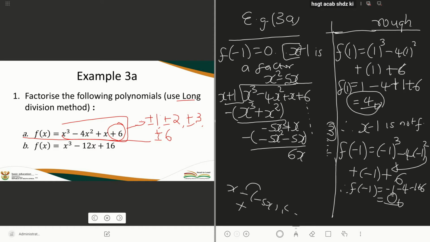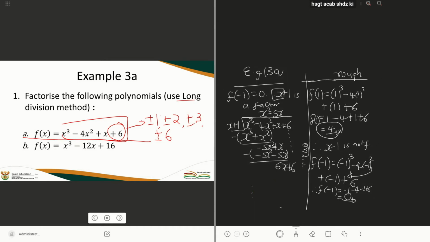Then what do we do? You bring down the next term, which is positive 6. From there, you need to start the process again. The process again will be to say x again into 6x goes how many times? It's plus 6, positive 6. 6 multiplied by x is positive 6x. 6 multiplied by 1 is positive 6. What do we do? We subtract again. So 6 minus that is 0. That minus that is 0. Therefore, your remainder is